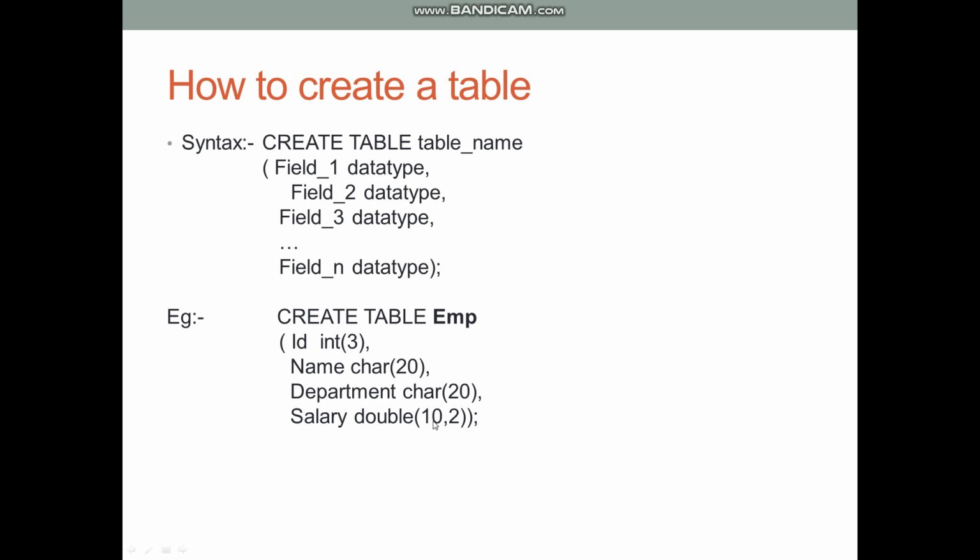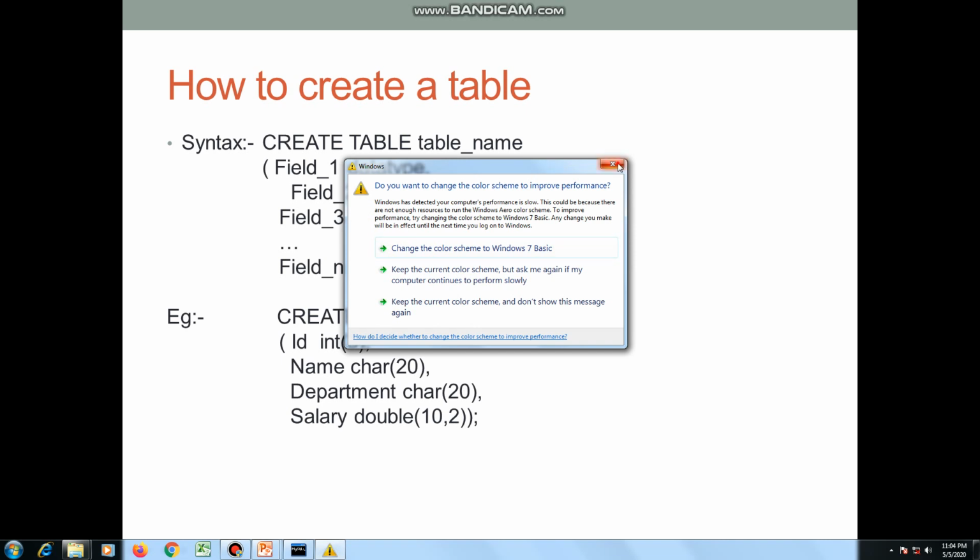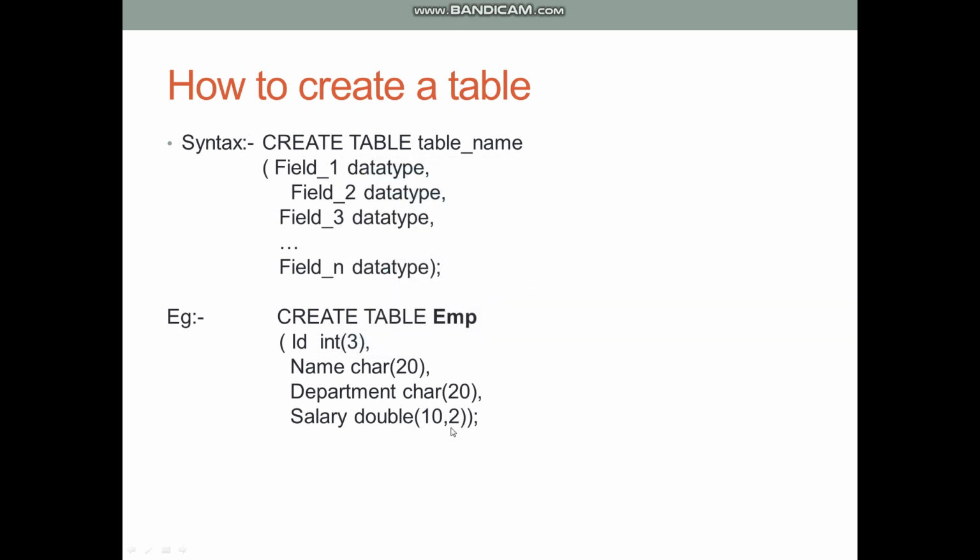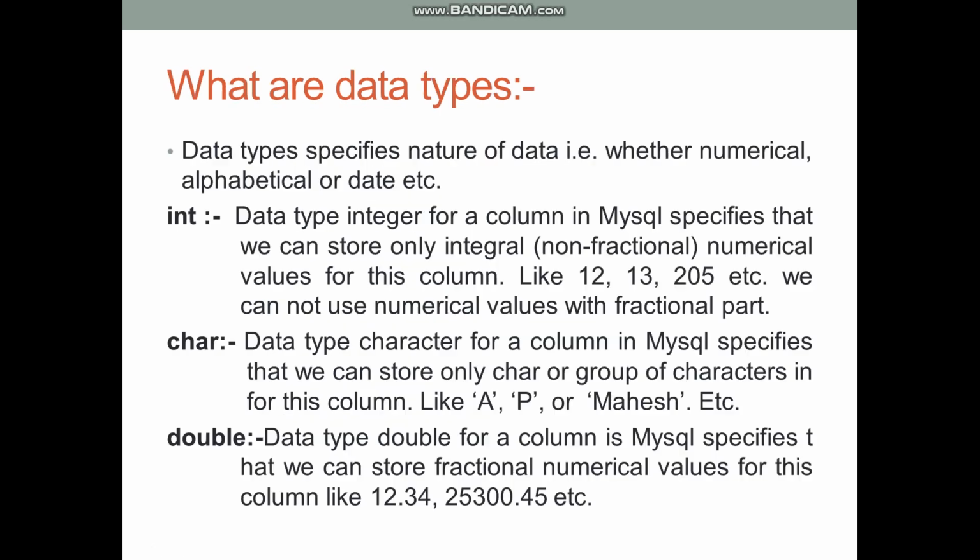So we can have a number like 5000.67, or we can have a number like 7035.32. So after decimal point we have only 2 digits. Before decimal point we will have only 8 digits, because total number of digits are 10 specified here. So according to our requirement we can also change these sizes of our data type. Like we can use 12,2, that means total number of digits is 12, and out of these 12 digits you can use 2 digits for representing fractional precision.